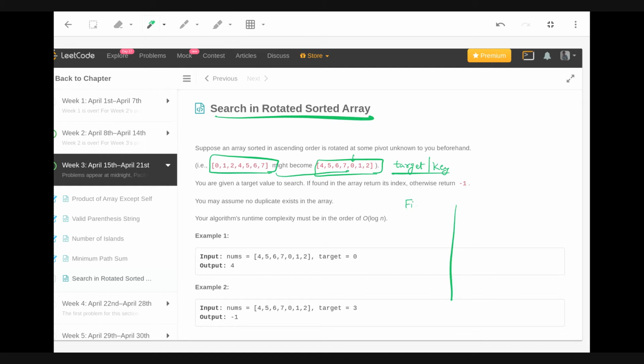So the first approach is find the pivot, right? Find where actually the array was rotated, and then do binary search on one of the paths, right? So once you find the pivot here, then you can tell that, okay, this is a separate sorted array and this makes a separate sorted array. Now you can compare these two starting L and X and Y with the target key, and depending on where the target lies between L and H or X and Y, you can binary search in one of the two subarrays, right? And the second approach is actually